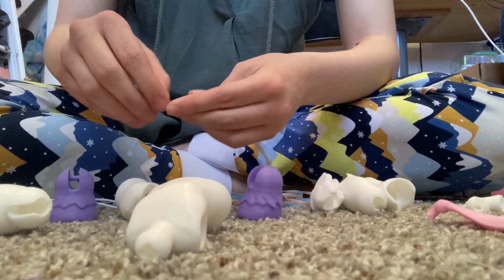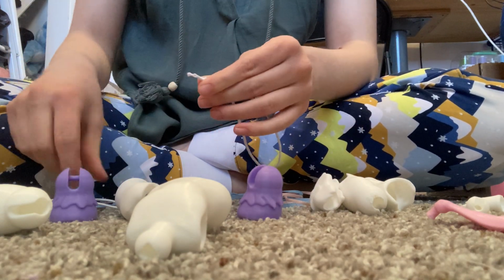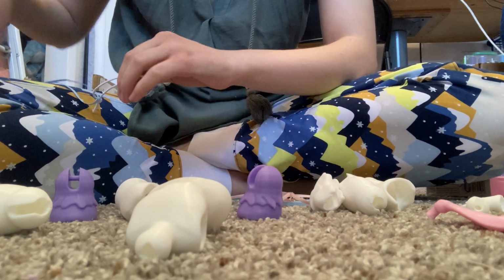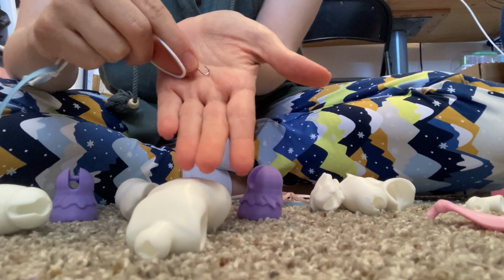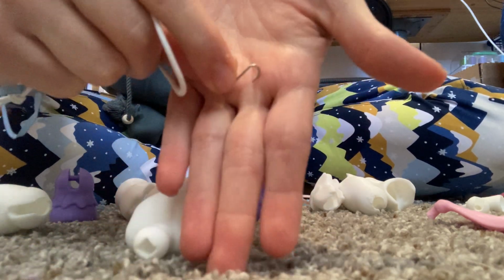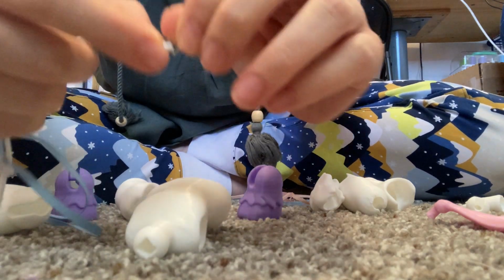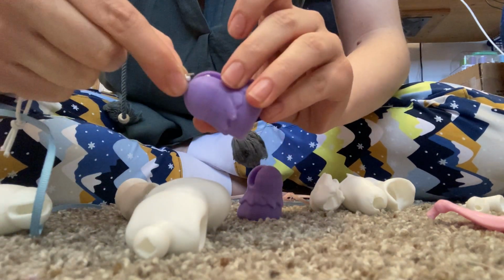But I like to take my loop, this is the 11.5 or 11-inch loop, I'm going to put my ribbon through it, and then I'm going to take my S hook. And on your S hooks, there's a bigger end and a smaller end. I don't know if you can see that. Kind of. There's a smaller end. I put the smaller end on the elastic, and I'll hold it with my nails like this. Then I'll just hook it